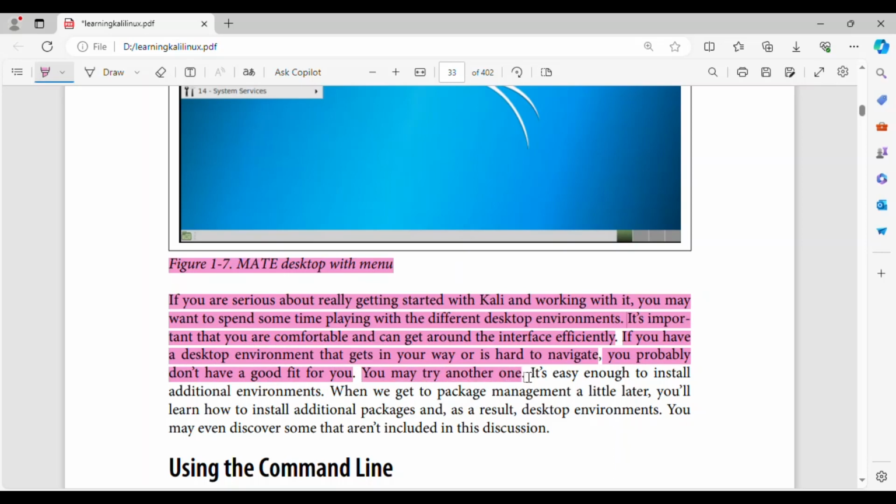You may try another one. It's easy enough to install additional environments. When we get to package management a little later, you'll learn how to install additional packages and, as a result, desktop environments. You may even discover some that aren't included in this